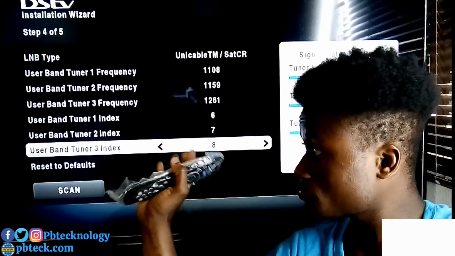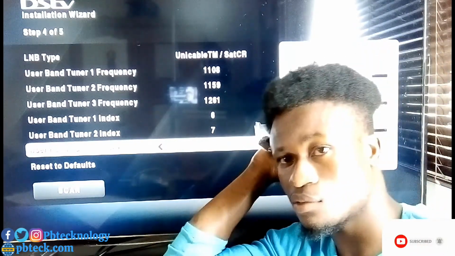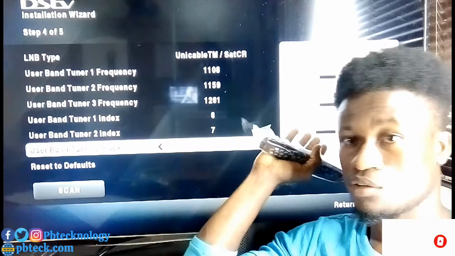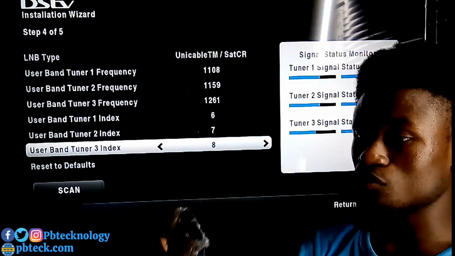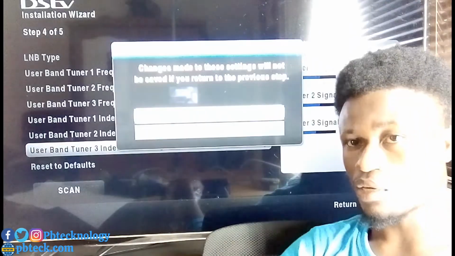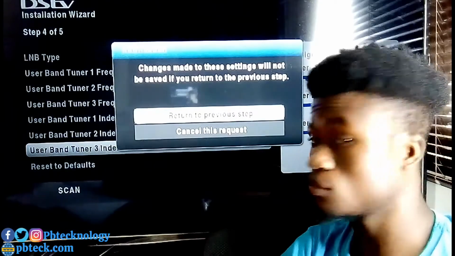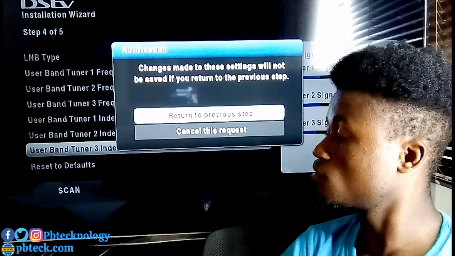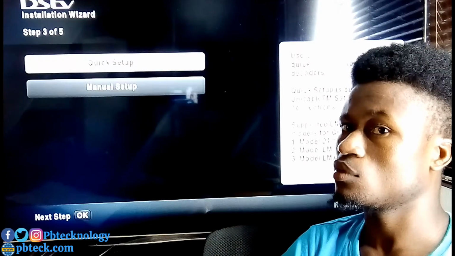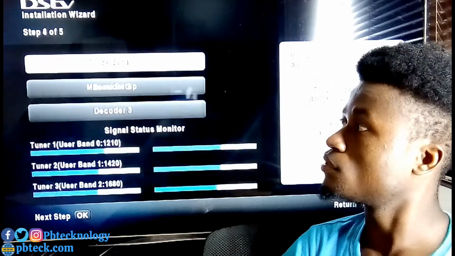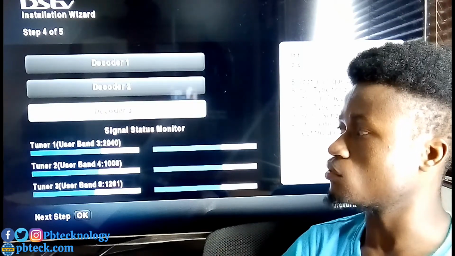Here you make sure that you're having enough signal. On the right side of the page there will be an indication for you to know that you're having enough signal, and then you go back to the previous page to select decoder 3. You go back and then come to quick setup, and then you come down to decoder 3 to be your third decoder.